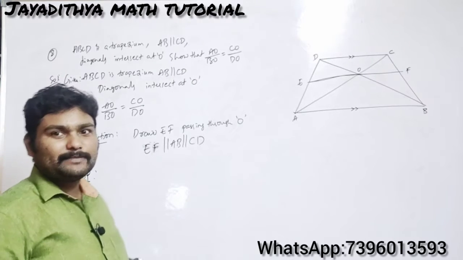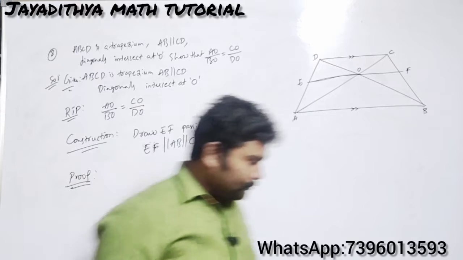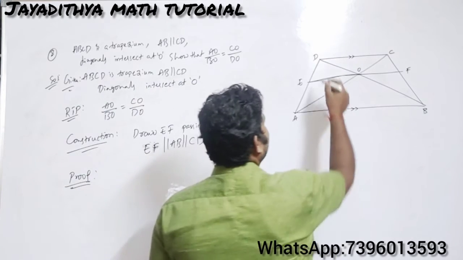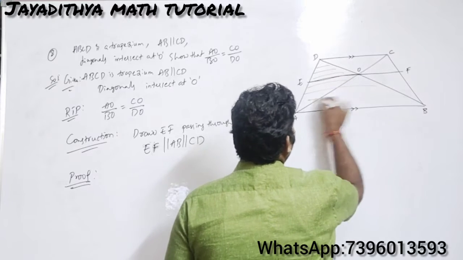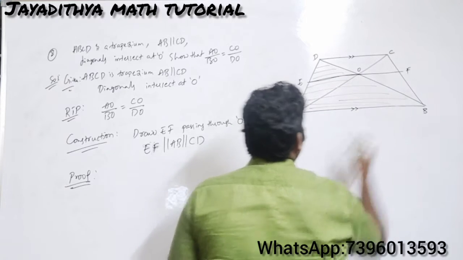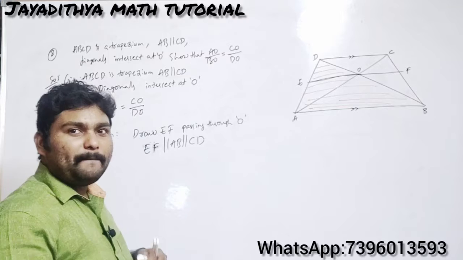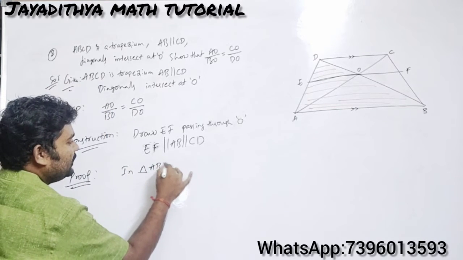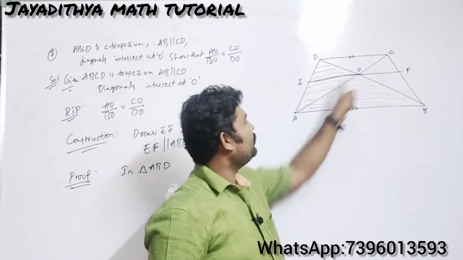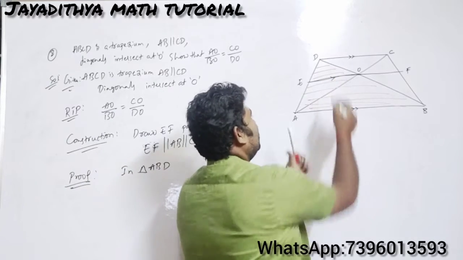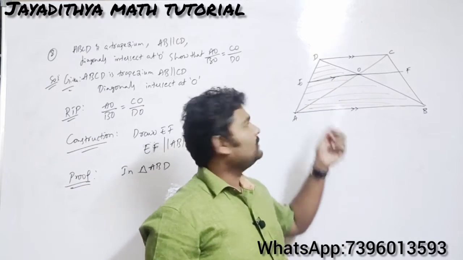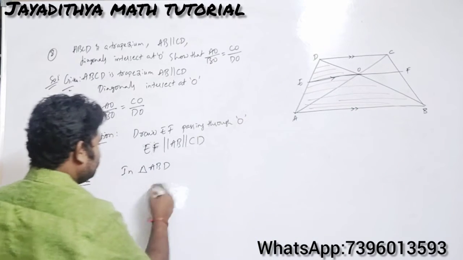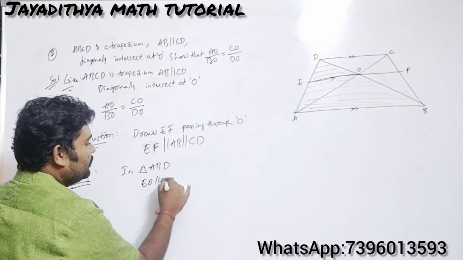So when you are doing this problem, mostly trapezium problems, you need to take triangles in such a way. So I am showing the triangles here, you see here, Nana. So first of all you take this part, that means ABD triangle. So in triangle ABD, what can you observe here? EO is parallel to AB, right? Already we told that EF is parallel to both the lines. So EO is the part of EF, therefore EO will be parallel to AB. So write that one, EO is parallel to AB, Nana.